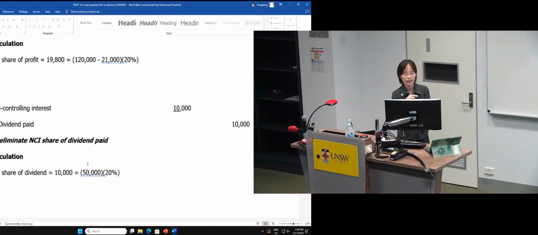Tax questions won't be examined separately again in the final, but the tax adjustments are required for all the consolidation topics. So you need to make sure you know when to record DTA and when to make an adjustment of DTL in your consolidation worksheet entries as well.